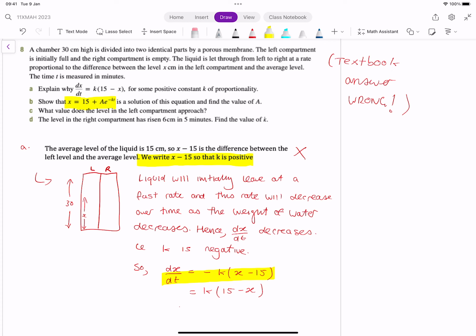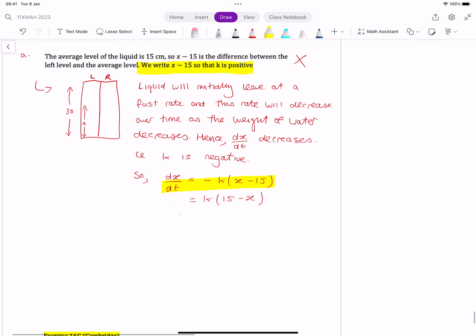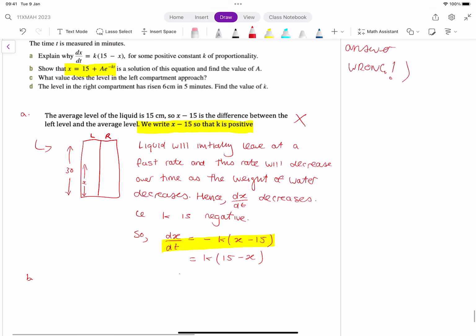Part A, you're never ever going to be asked that in an exam. It's a ridiculous question, and you're never going to be asked that in the HSC, to the best of my knowledge, because it's not really maths. It's more like logically thinking about what a porous membrane does. Part B is really what we want to focus on, and the other parts as well. So show that x is equal to